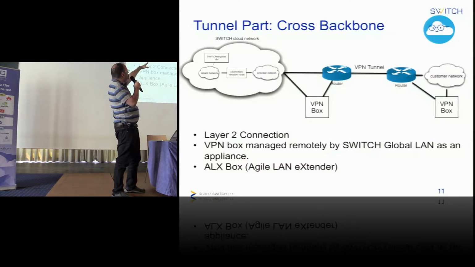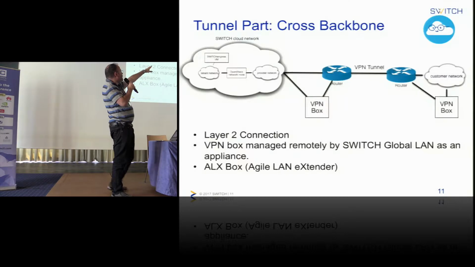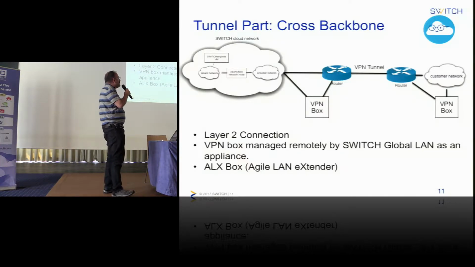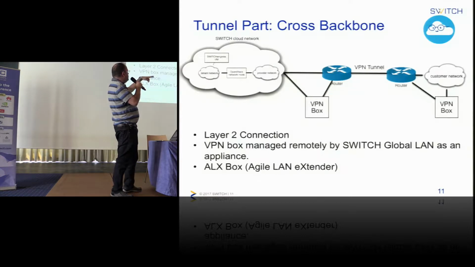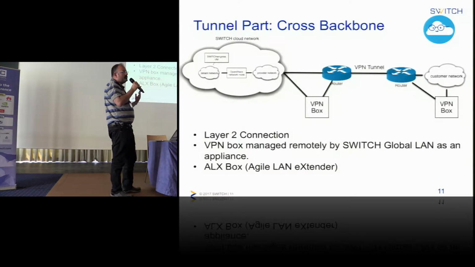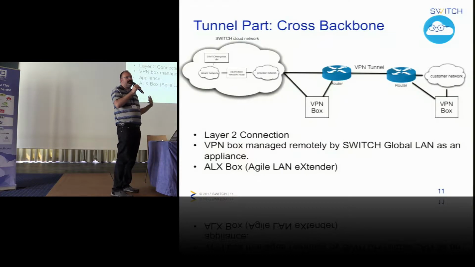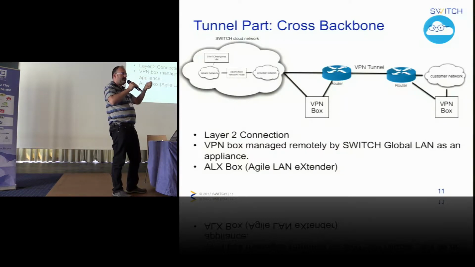Then you get out of the cloud data center, and you have to reach the customer network, the university. Here we have these routers. Those are routers from the switch backbone. And we set up a VPN with 2 VPN boxes. So when you subscribe for this service, we really come at your premise and we deliver one of these boxes. We'll see a picture later. And you have one of these switch boxes in your rack, and that's where you hook up the network to see the remote VMs.